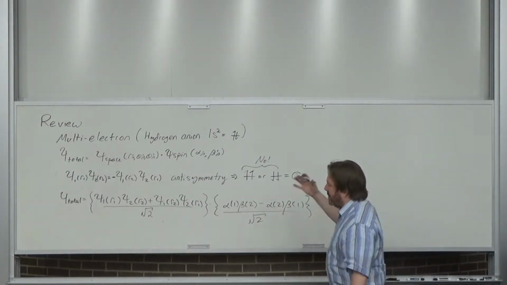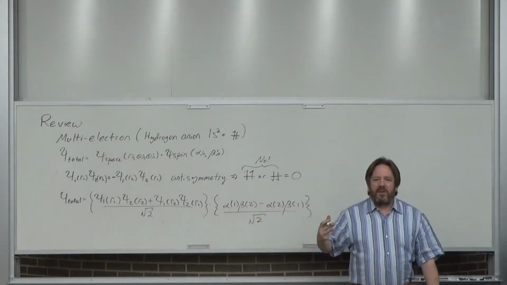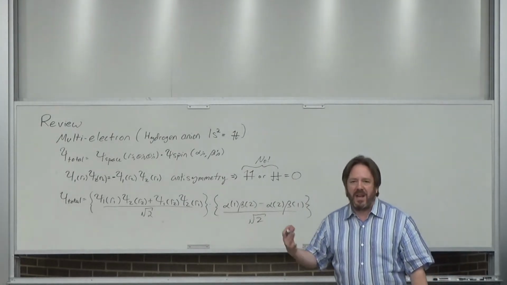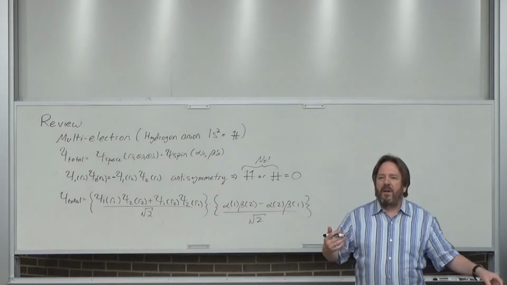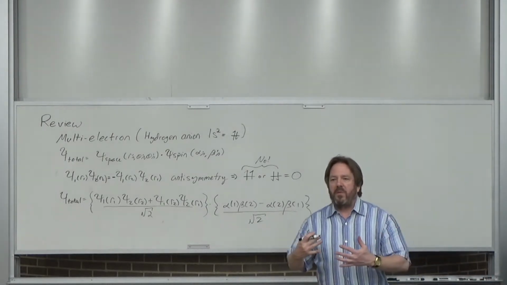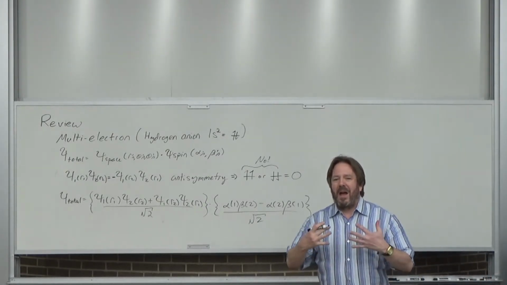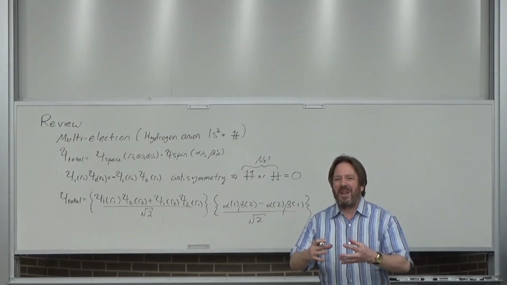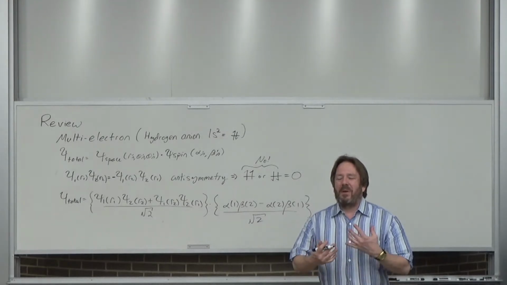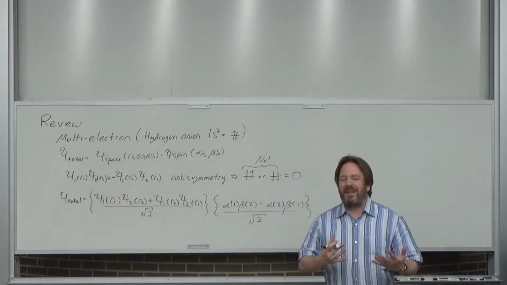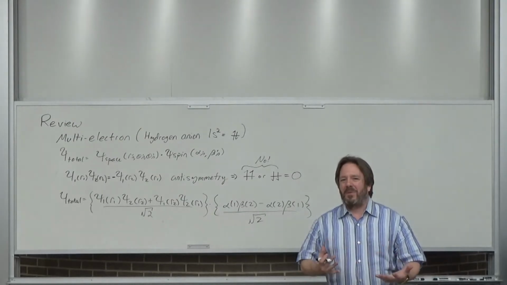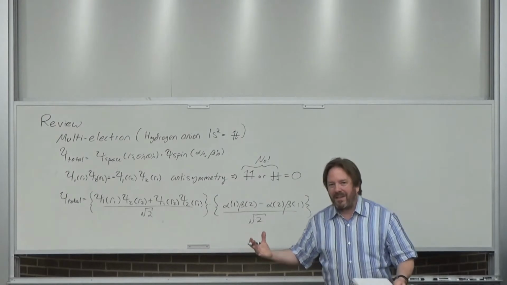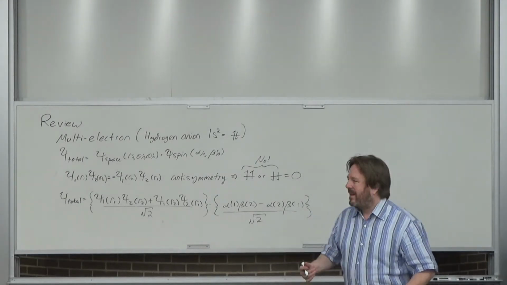So here's the big picture. We started talking about multi-electron atoms, specifically a hydrogen anion. Hydrogen atoms by themselves don't really exist, because if they meet another hydrogen atom, they're going to form H2. So even the smallest thing you could work with doesn't exist in nature. It comes in the form of H2. Everything else is even more complicated than that, and they all have more than one electron.